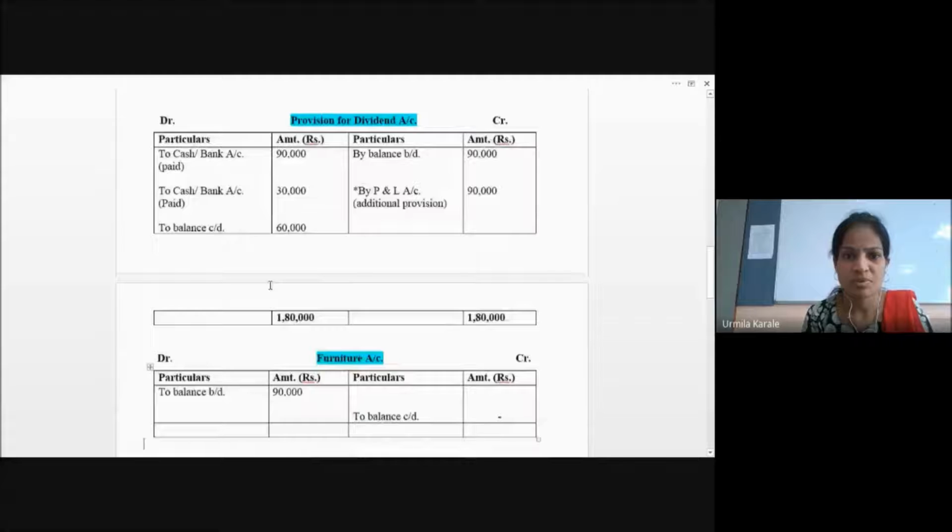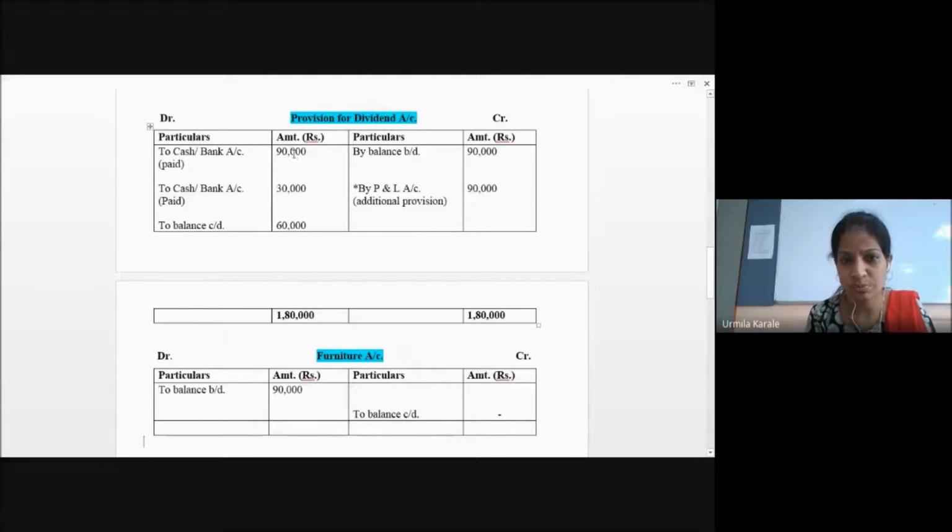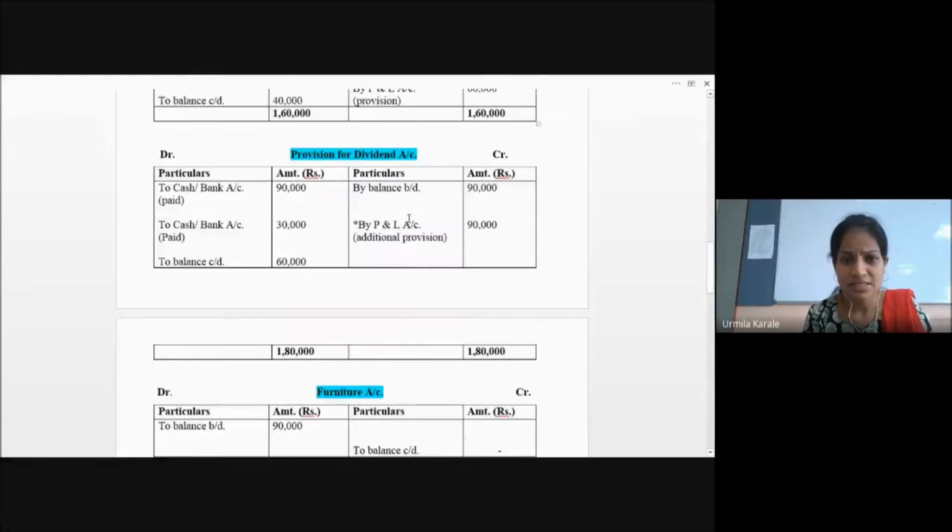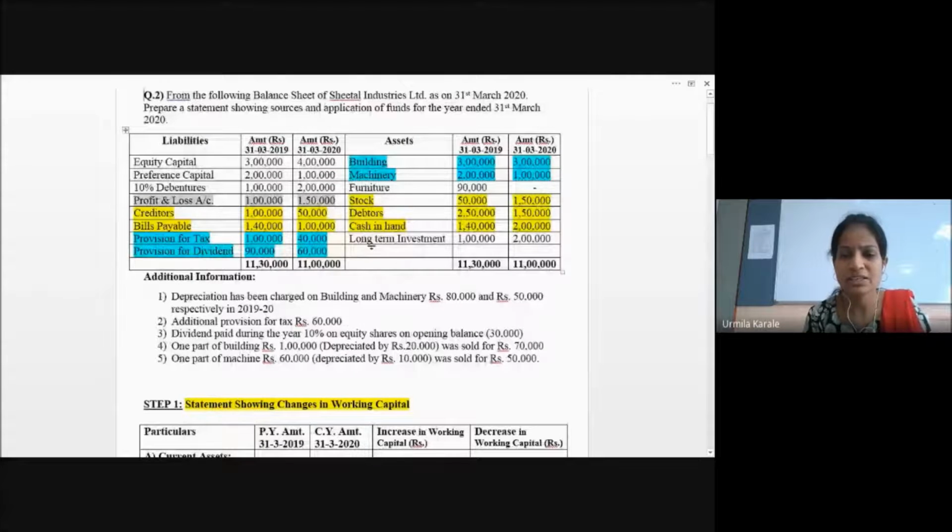Okay. So same way, provision for dividend: opening balance we have paid first, then we have paid this much also, then this is the closing and opening balance. So if you check, this side is more, so I'm writing it here, same I have written it here. Out of this only 90,000 was there, then more 90,000 may have come from the profit and loss account as an additional provision. As I said, for this too, you need to create accounts, or you can directly write in the fund flow statement. So I'm creating the account and showing it here. So its opening balance is 90,000 and it has nothing at the year end.